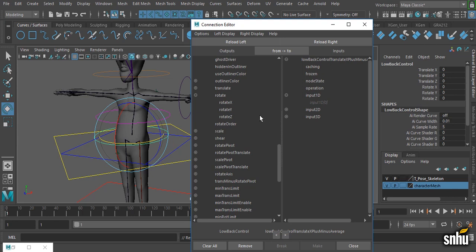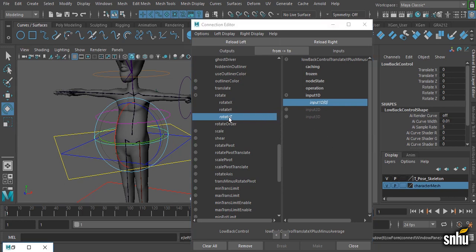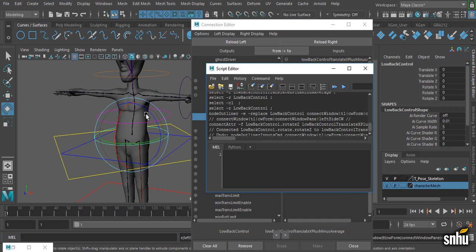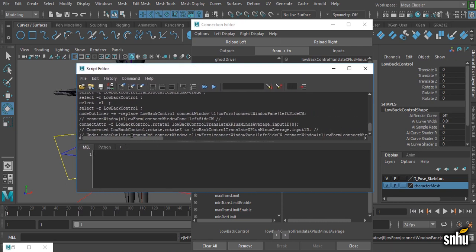So I'll first connect the rotate z to the input 1 that I connected the output of that multiply divide to. But I'm going to immediately undo that with Z. So I just connected the rotate z of that low back control curve to the same input, which I don't want to do because I want to add it to the first number, and then I immediately click Z for undo. If I open up my script editor now, and I'll make it a little bigger so you can see